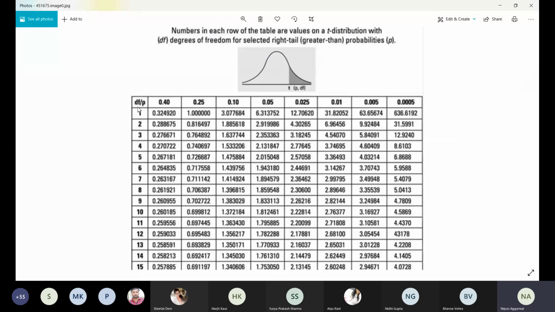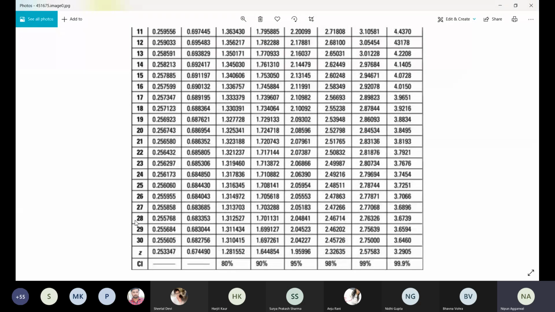In our case we have a total sample size of 12 items. So 12 items means n minus 1, so we have degrees of freedom of 11. We have to just go to row number 11 to see our t-table value. So we have to check the degrees of freedom first in the question. If it is 12 samples, it is n minus 1, so you have to check for 11. If suppose we have taken 25 samples, then the degrees of freedom becomes 24, so you have to go to 24.